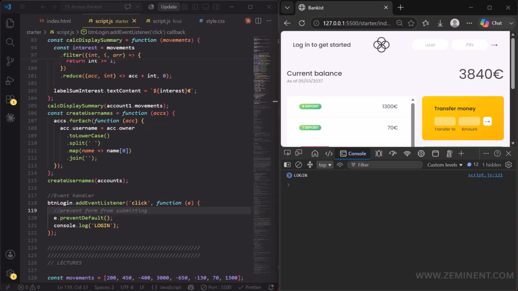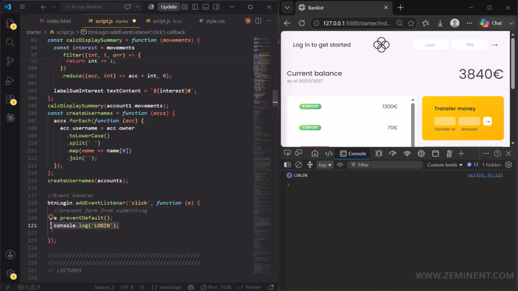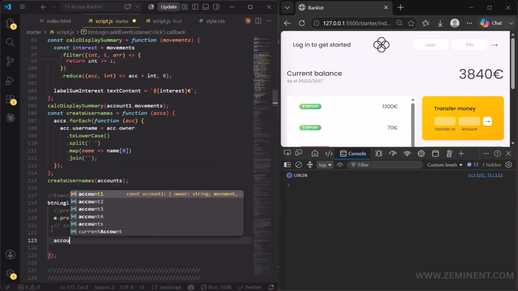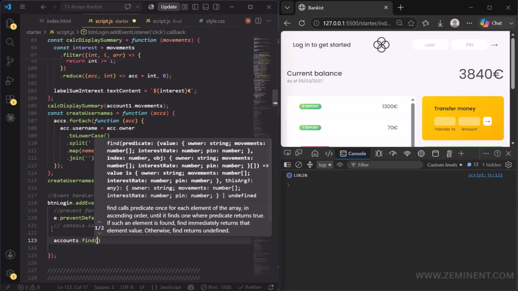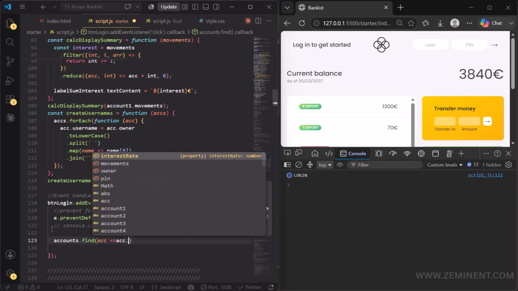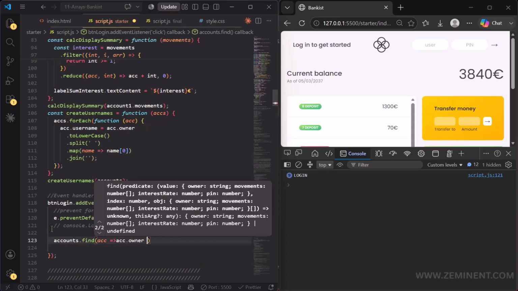Now let's do the actual work. To actually log the user in, we need to find the account from the accounts array, and that's with the username that the user inputted. So that's where our find method comes into play again. Now let's write that. Let's get rid of this. Let's write accounts.find, and then here account, use an arrow function: account.owner